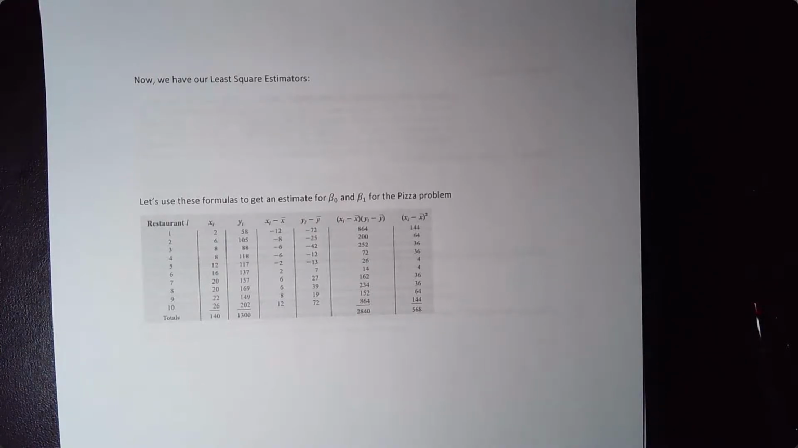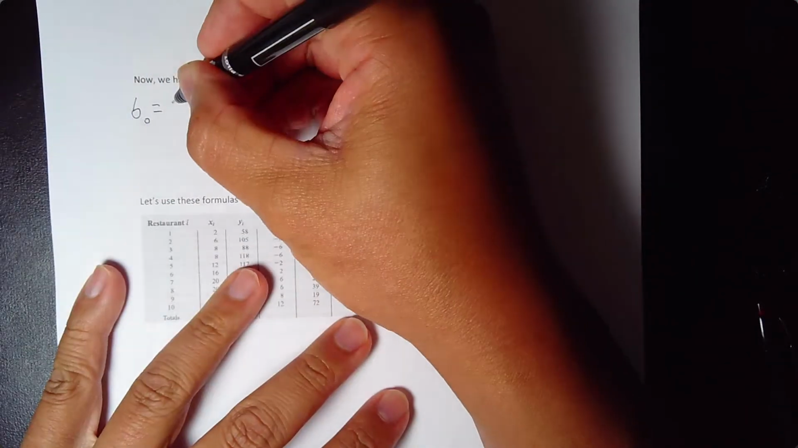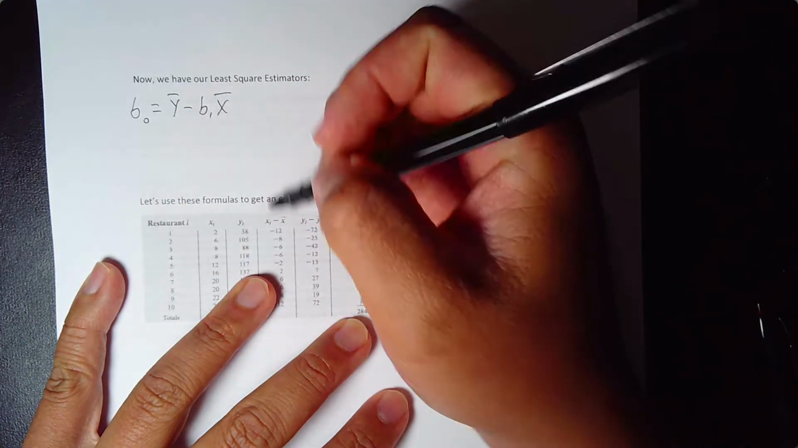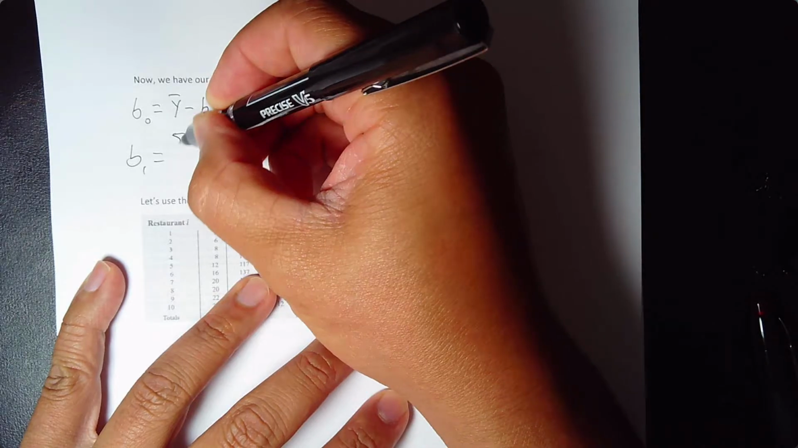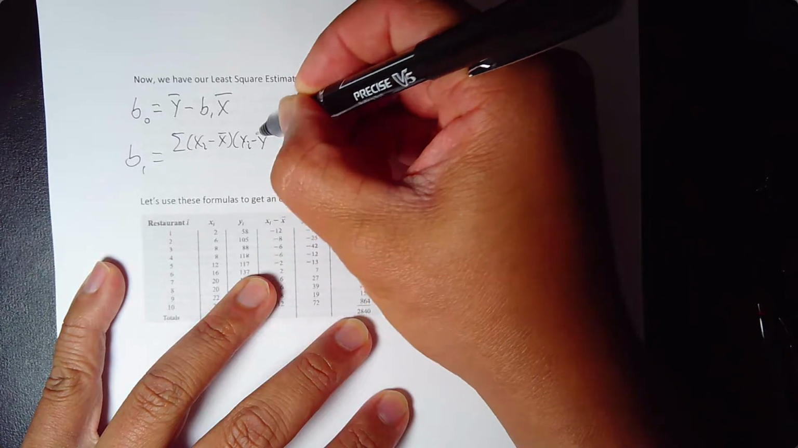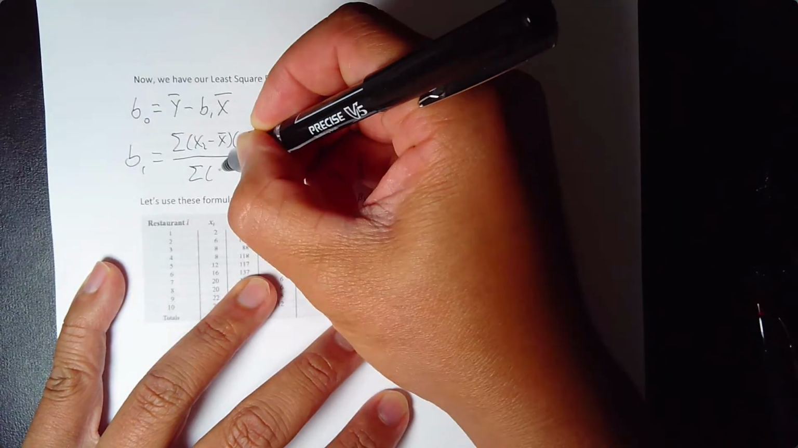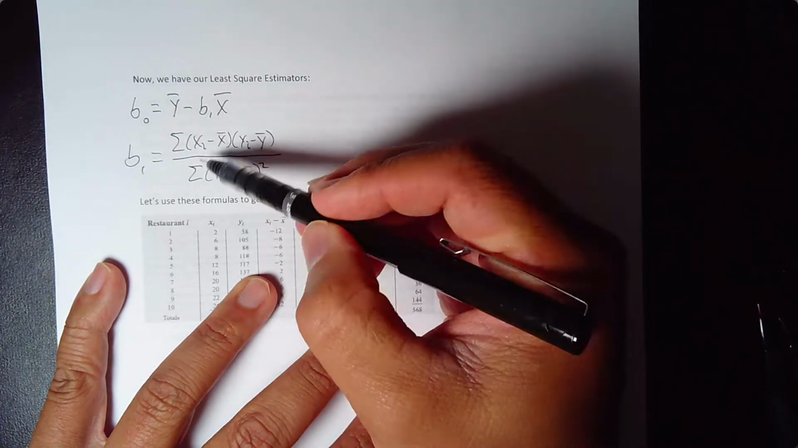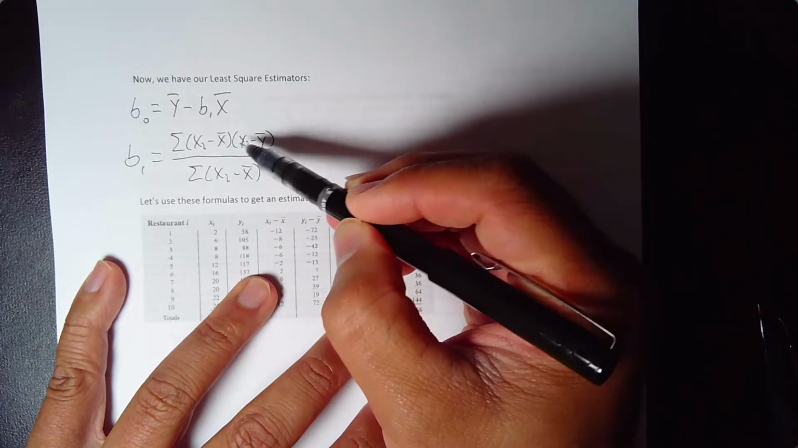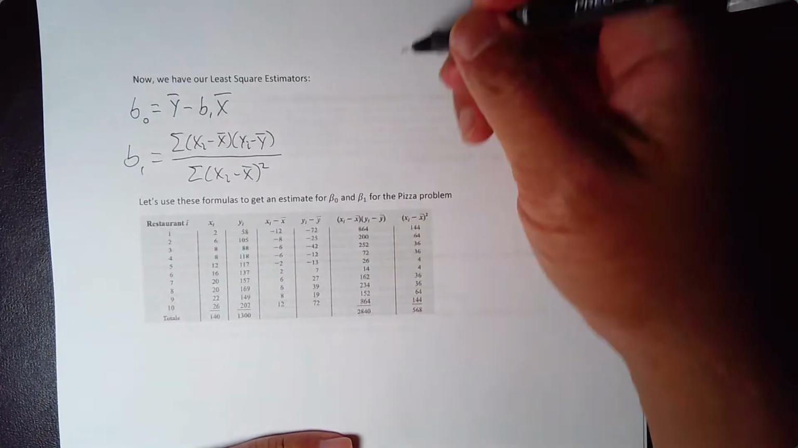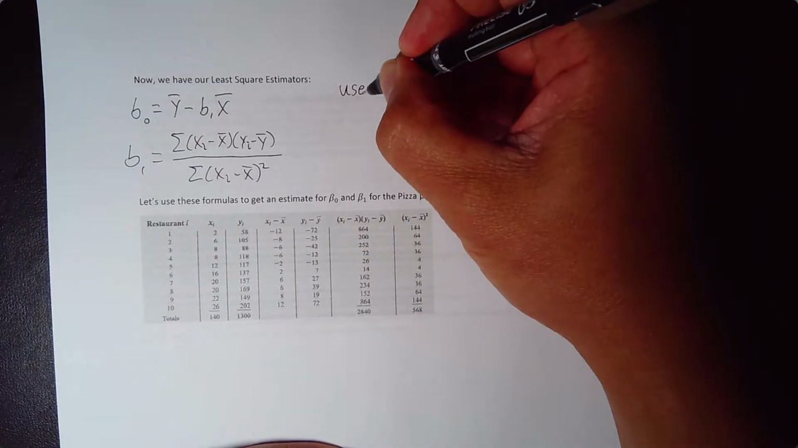So now we have our least squares estimators for B0 and B1. B0 again is y bar minus B1 x bar. So obviously, to calculate B0 you need B1 first. B1 is the summation of xi minus x bar times yi minus y bar, all over the summation of xi minus x bar squared. And the key thing here, especially in B1, is that we use every observation. The summation is done over the entire data set, so we use the entire sample